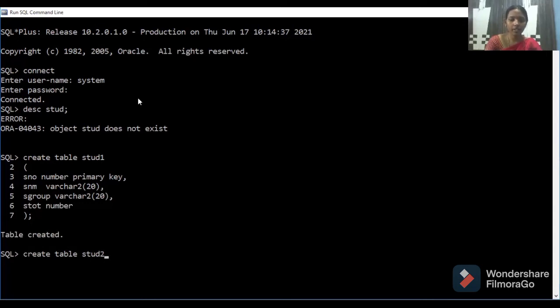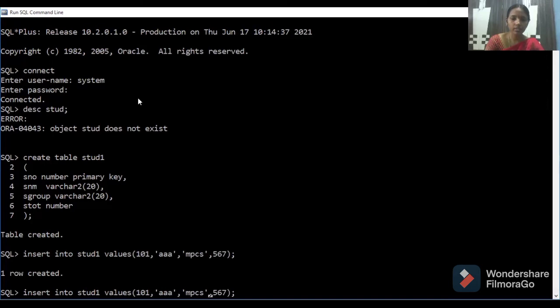Now first we'll insert the data into that. Insert into student 1 values 101, I'm giving some name, MPCS, and total marks 567. One row is entered.